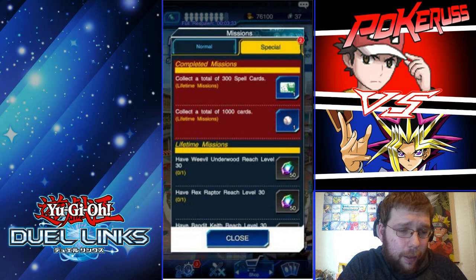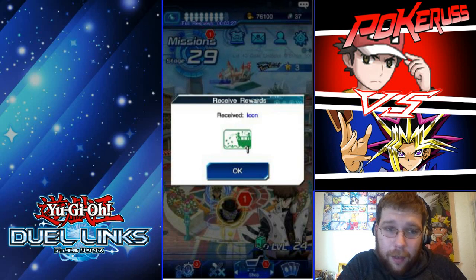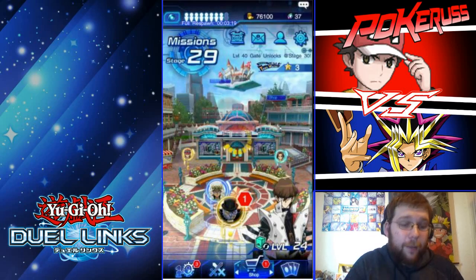We've collected 300 spell cards. Shows Weevil throwing all of Yugi's cards off of the deck. And we've collected 1,000 total cards, which means we get a little baseball icon, which is completely worthless. But, if you guys like this...